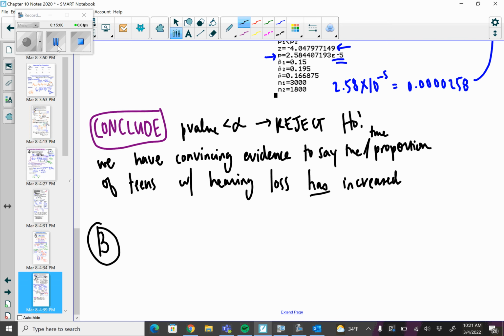So we did see a statistically significant result. We saw that teens in the 2000s had more hearing loss than teens in the 1980s and 90s. However, can we conclude that this is strictly because of the iPod? And the answer to that is no. We do not know how these teens lost their hearing or had an issue with that, because we were not told anything about the way that this study was conducted. It was not a cause and effect. They did not test iPods here. We cannot conclude that iPods are the sole cause. It is possible that they impacted in some way, but we cannot conclude